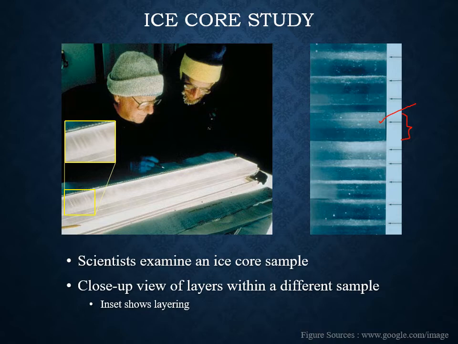Light bands correspond to the relatively fresh, clean snows that fall in the summer, when warmer conditions bring more moisture from the oceans, because more evaporation happens in the oceans, and that evaporated water is circulated through global circulation towards the high latitude regions. There it condenses, and from this fresh water vapor condensation occurs, so the snow precipitated from that water vapor is very fresh and light colored.